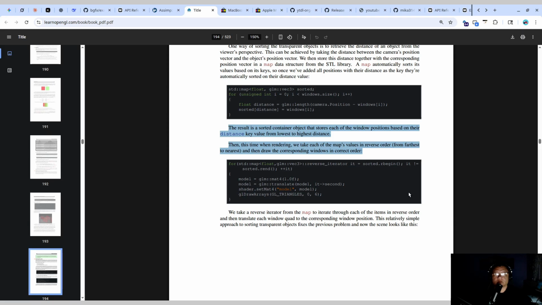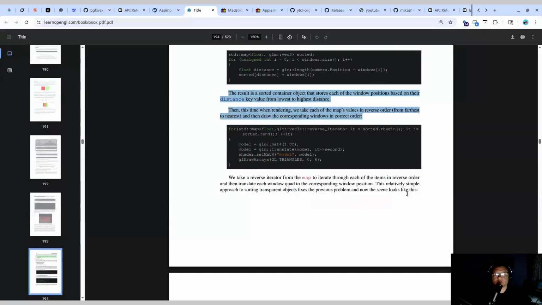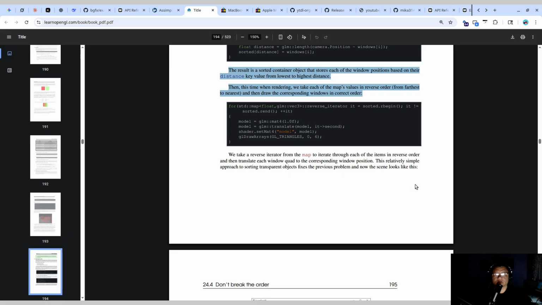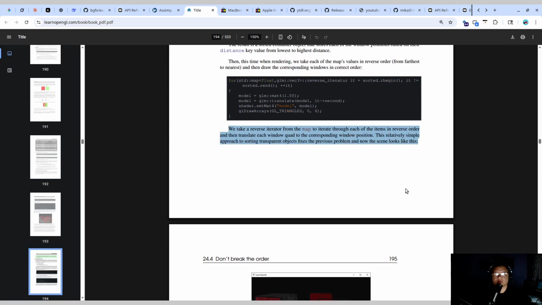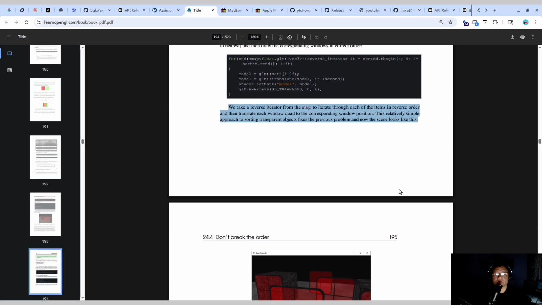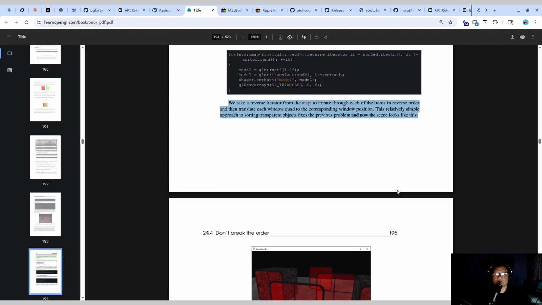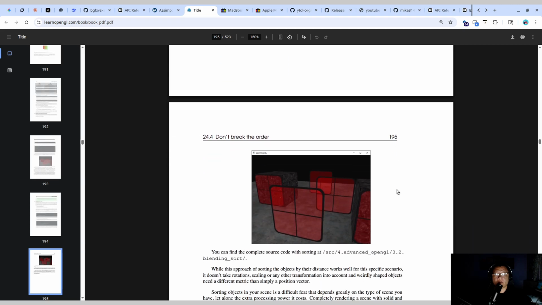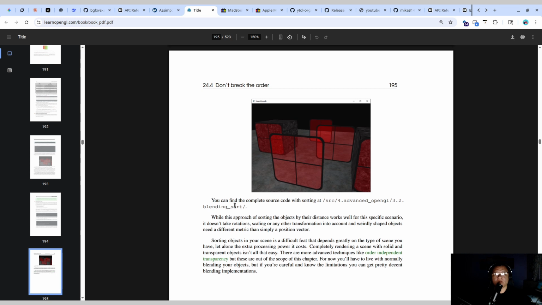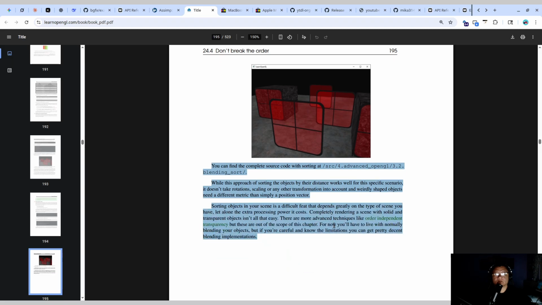Then, this time when rendering, we take each of the map's values in reverse order from farthest to nearest and then draw the corresponding windows in correct order. We take a reverse iterator from the map to iterate through each of the items in reverse order and then translate each window quad to the corresponding window position. This relatively simple approach to sorting transparent objects fixes the previous problem, and now the scene looks like this. You can find the complete source code with sorting at